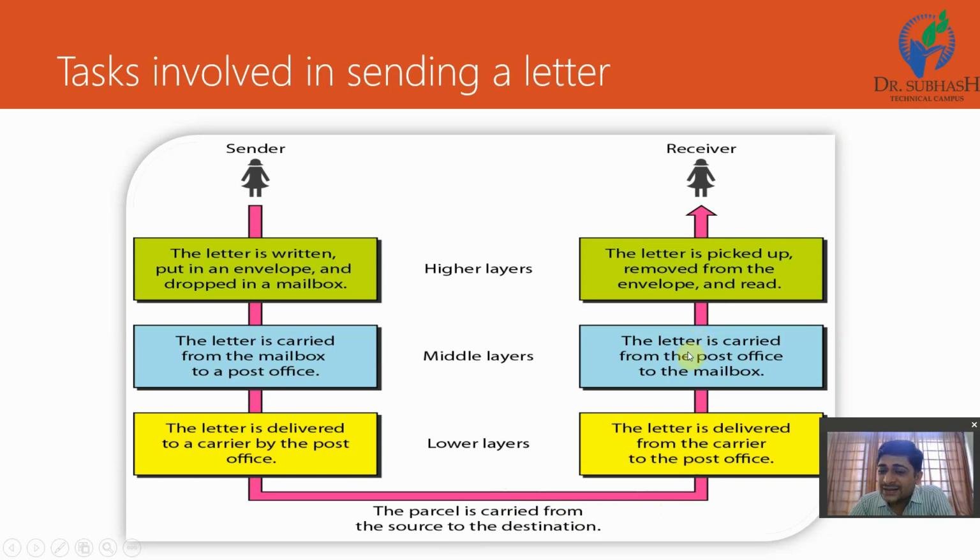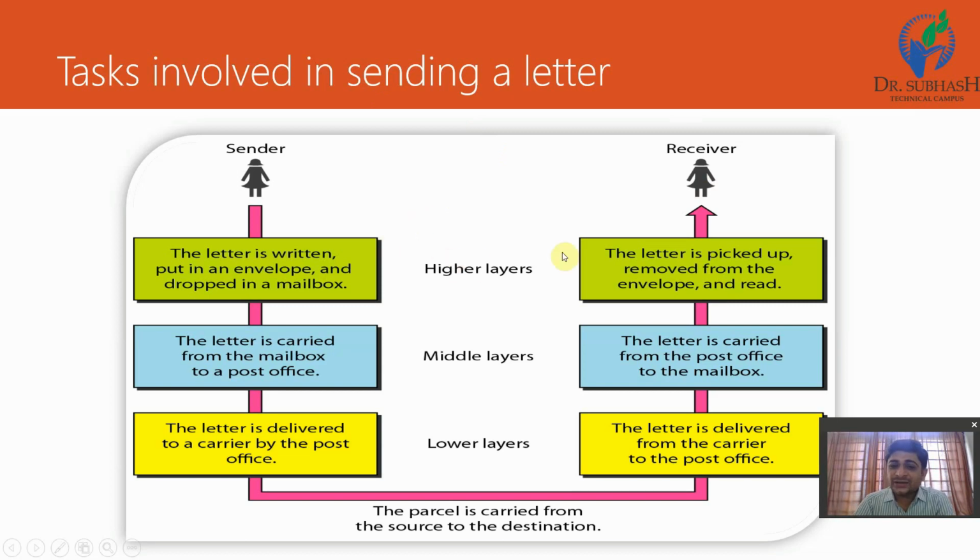The letter is carried from the post office to the mailbox of the receiver, the destination point. And then the letter is picked up, removed from the envelope and read. Who reads this message? The receiver. So this is the simple process by which a sender can send their letter and a receiver can receive it.